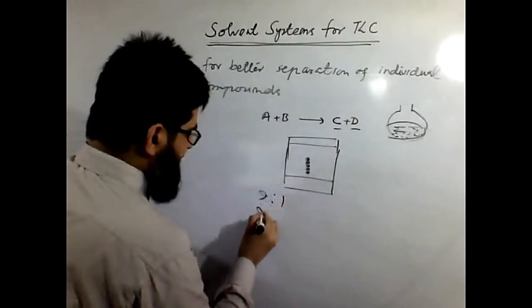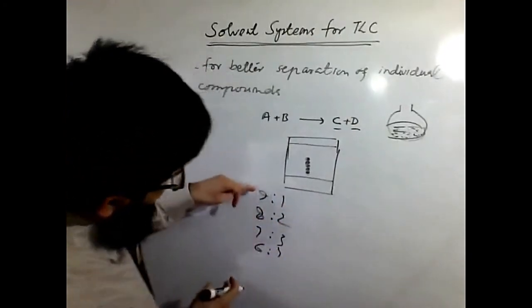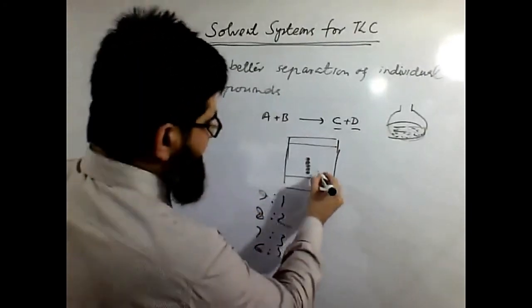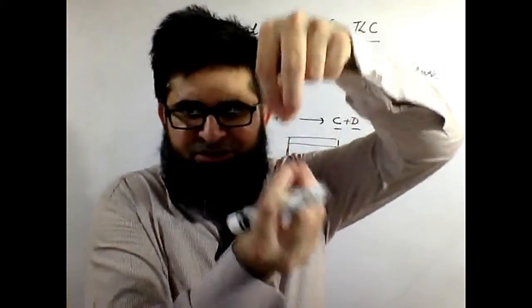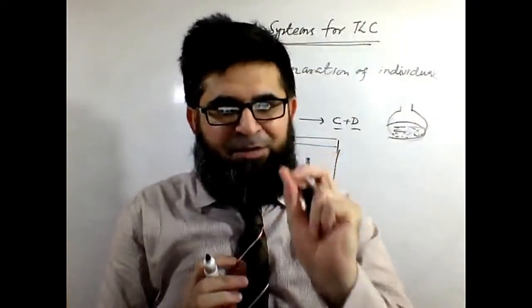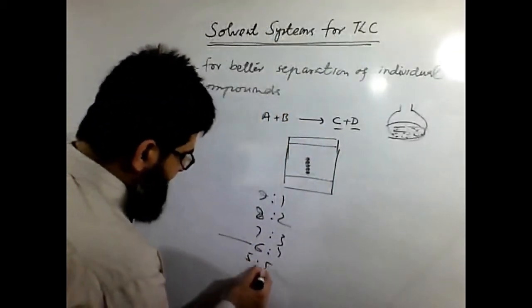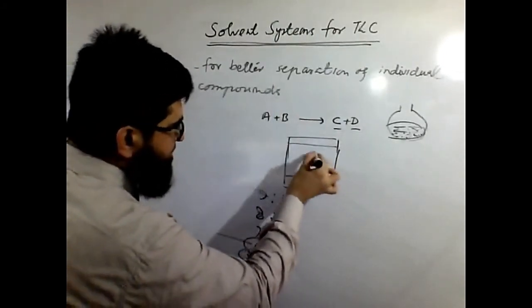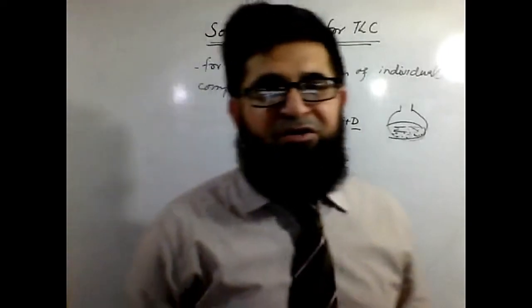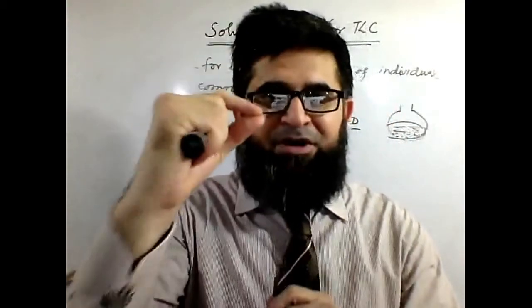We can try 80-20, we can try 70-30, 60-40. With every solvent system, we will see that the distance between the spots has increased. They are getting separated from each other. Maybe by increasing to 50-50 or 60-40, they give you a far better distance between the components. So you can find the plant material contains 5 molecules, 5 fractions, very much separated from each other.